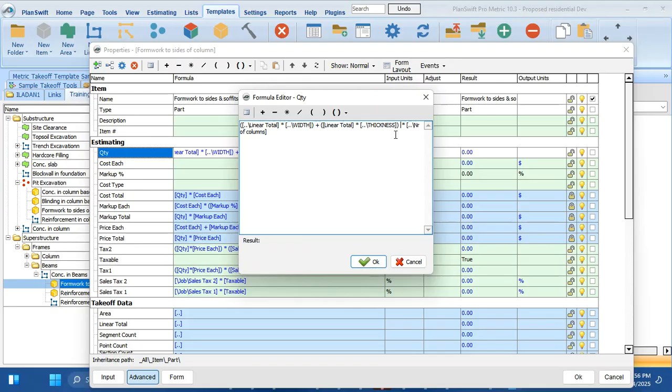I can highlight it, put in a bracket, another bracket again, then you multiply by 2. Multiply only the thickness by 2,